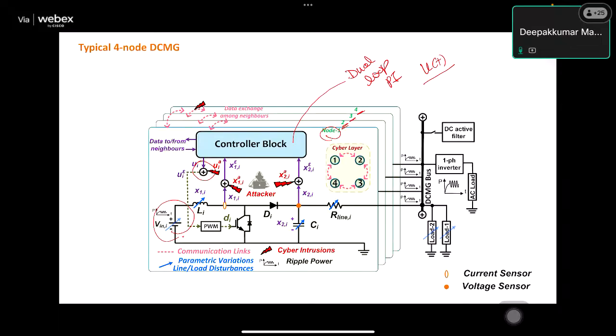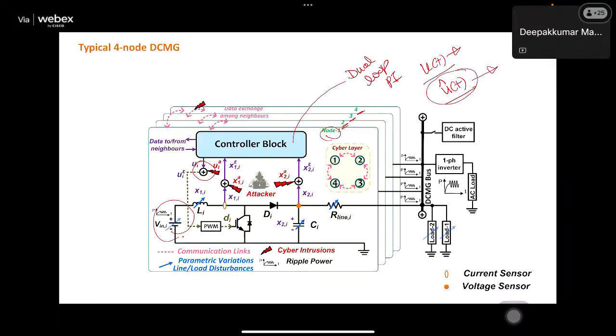But is there any alternate method so I can estimate that signal, U hat of t? U of t is actually compromised by the attack, but by using the system model, if I can estimate this U hat of t and that cannot be compromised,